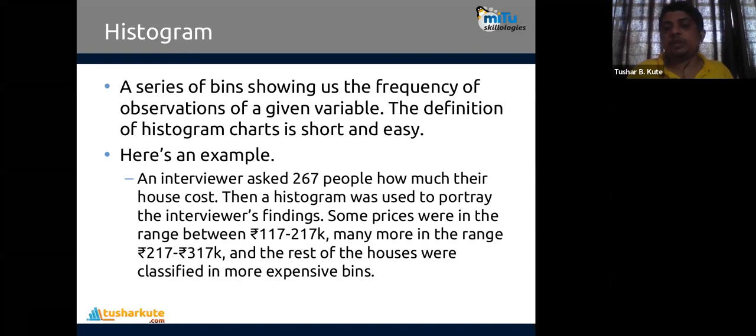Now see, one small example I'll show you. An interviewer asked 67 people how much their house cost. Then the histogram is used to portray the interviewer's findings. Some prices were in the range of 117 to 217K, some from 217 to 317K, and some from 217 onwards.